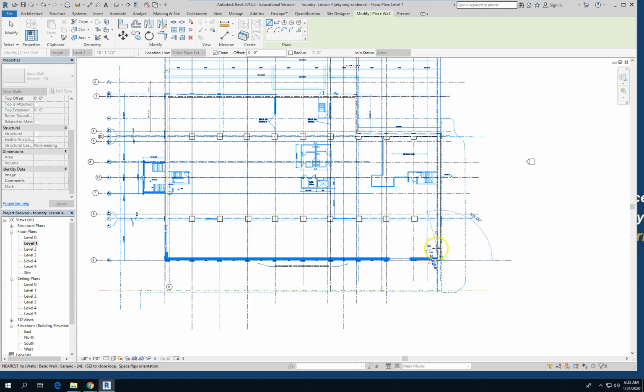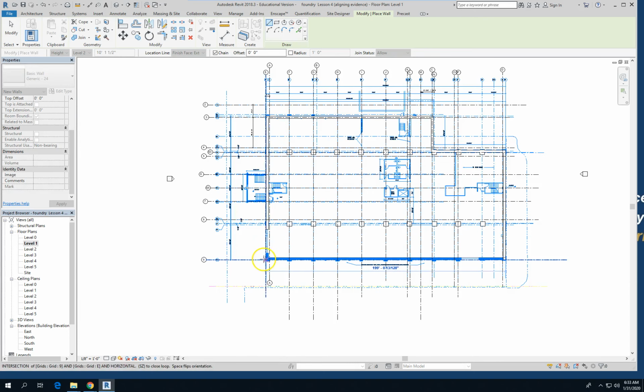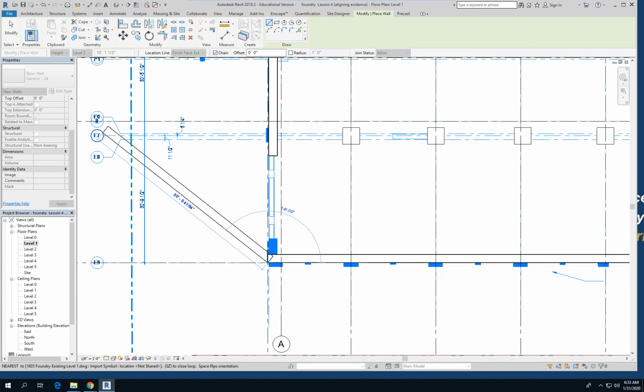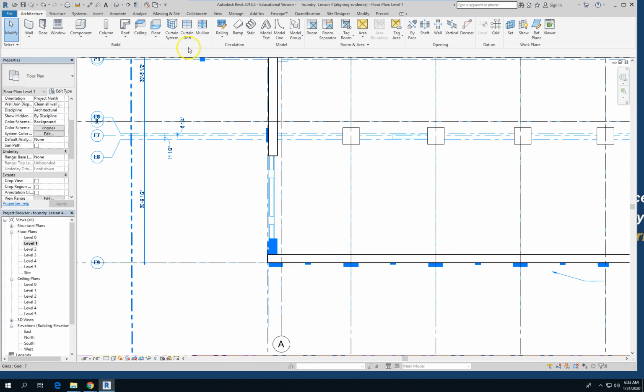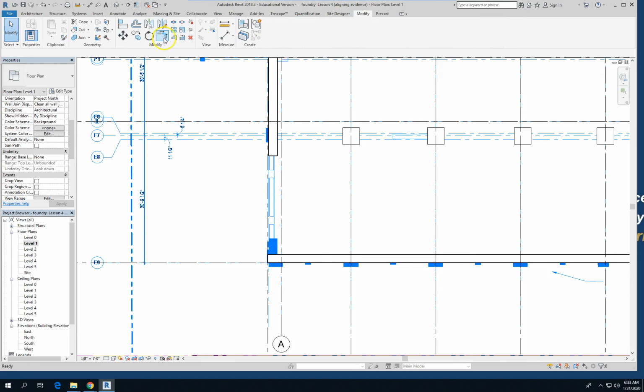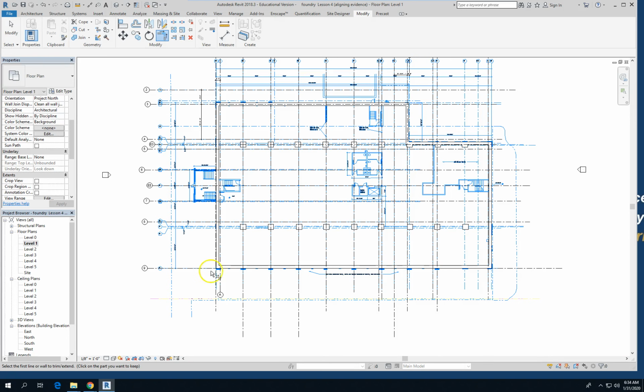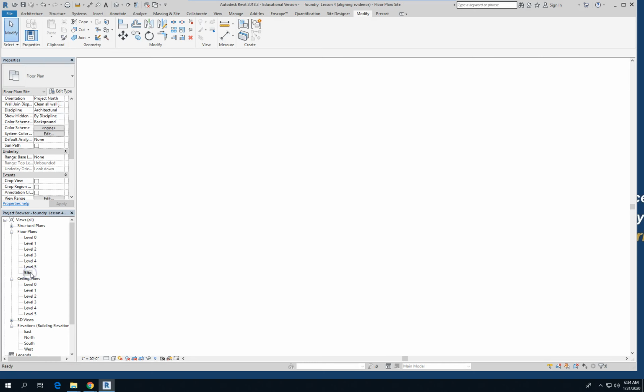So this will give us a quick outline of the building as well. Stop there, and we'll join those two with this trim tool. Okay, so there's the outline of the building. Now when we go to the site plan,